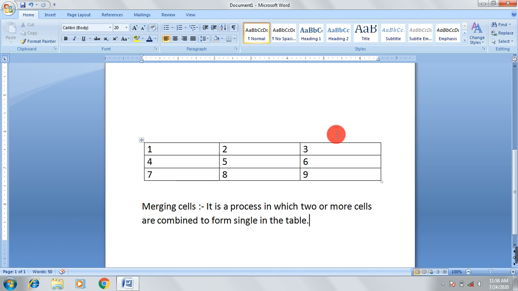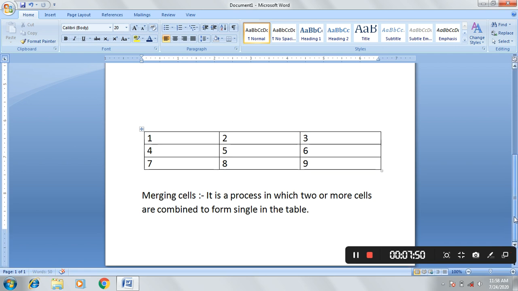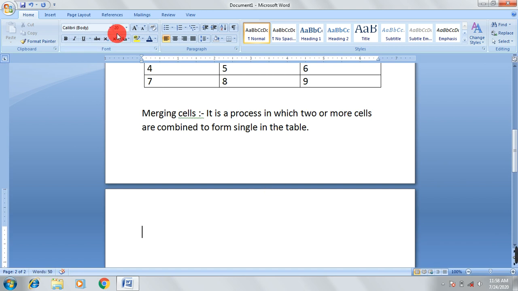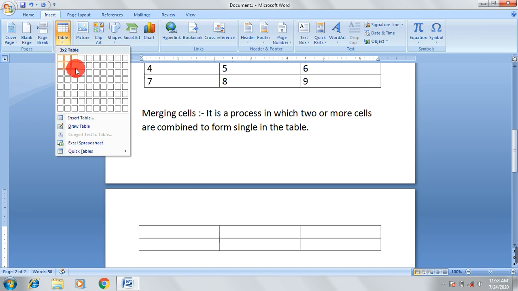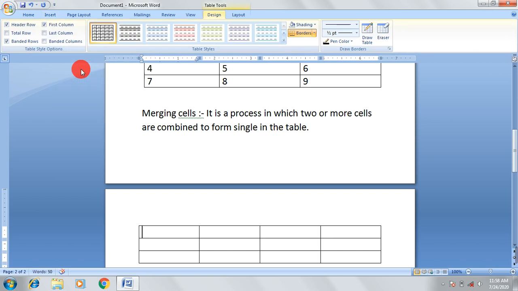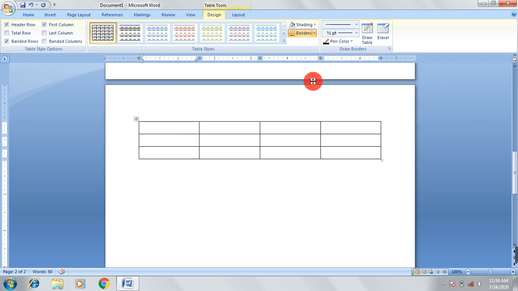For this I am going to take a new table. For merging, I am going to select these four cells. I want to make a single cell by merging all these four cells.